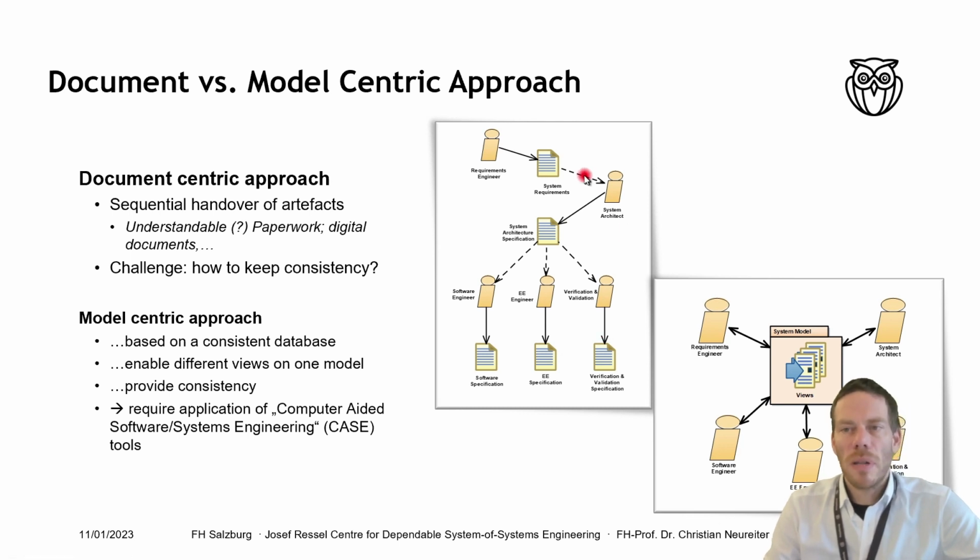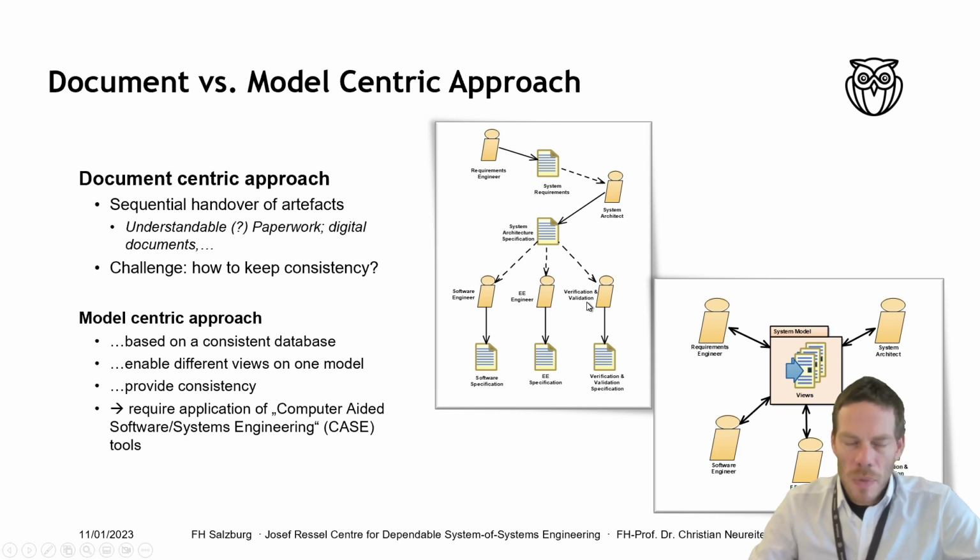For example, if this is the requirement specification, and here we have an architecture and component design, and you finish the architecture and they start working on the components, and now you change some requirements right here, it's very hard to trace the effect and